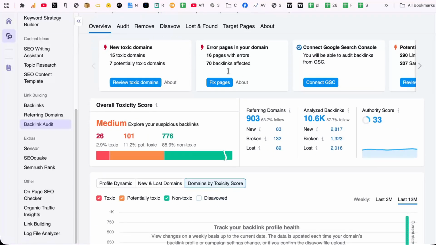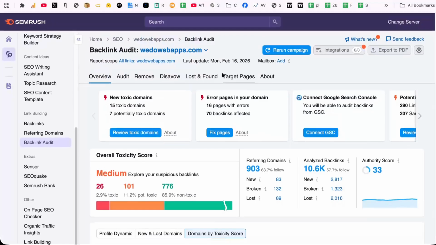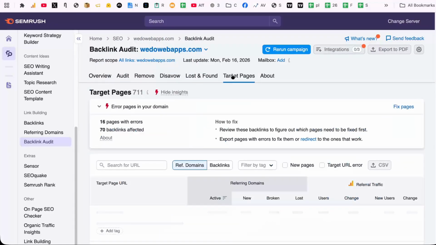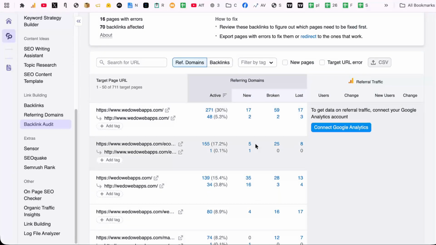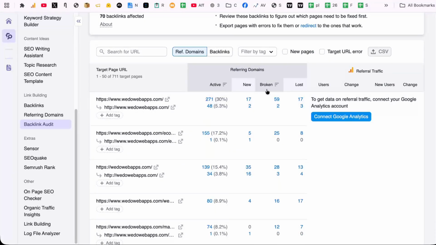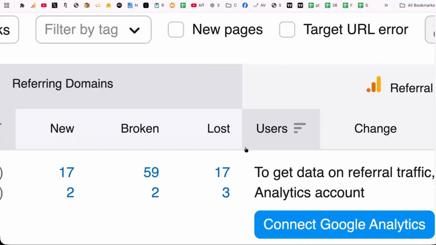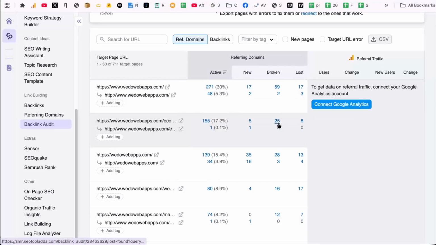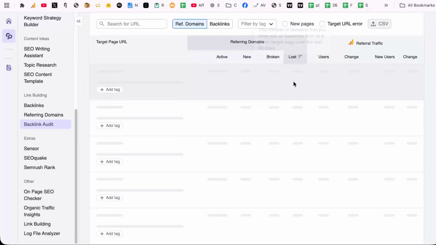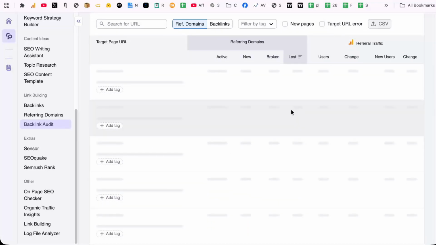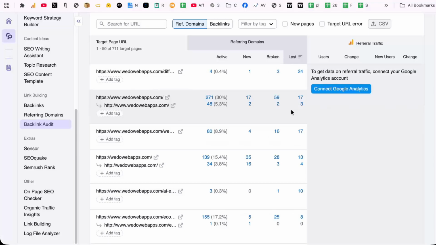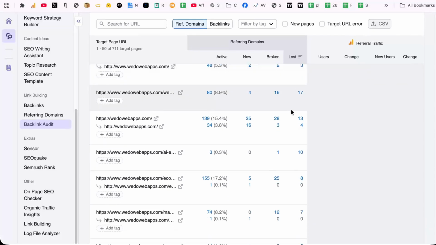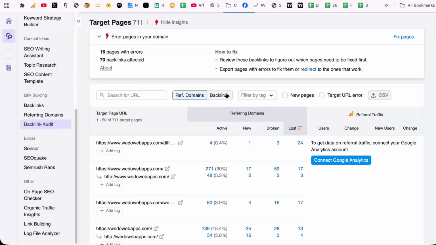With the tool set up, navigate to the Target Pages tab within Semrush. Here you'll find a comprehensive list of all the pages that are linked to your domain. This section provides detailed information about each page and gives insights into which links are active and which may require your attention. Now, it's important to remember that if you're using the free plan of Semrush, there might be certain limitations. Access to some features, including specific backlink data, could be restricted. However, even with these limitations, you can still conduct a basic audit to identify significant issues that need to be